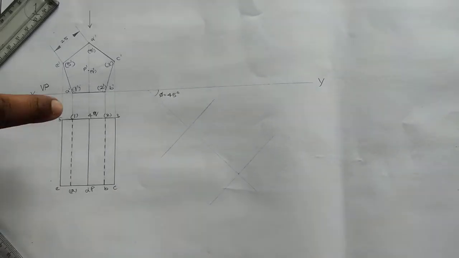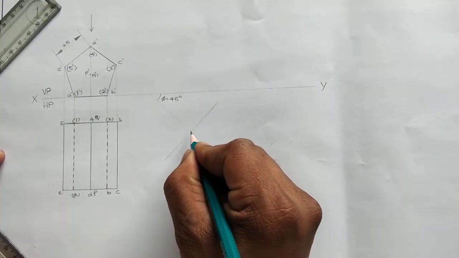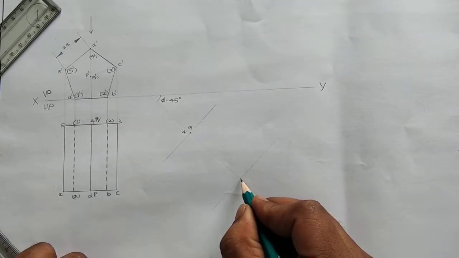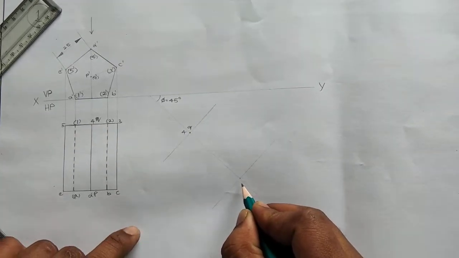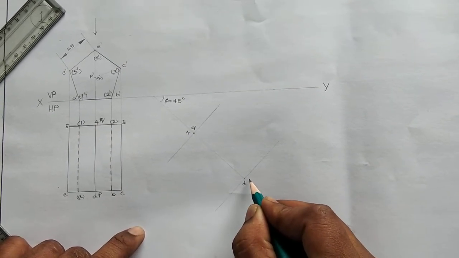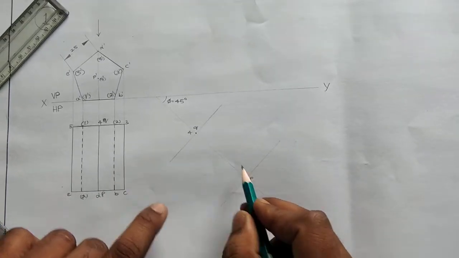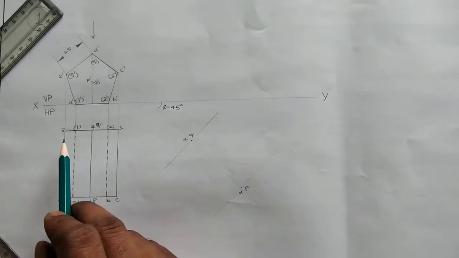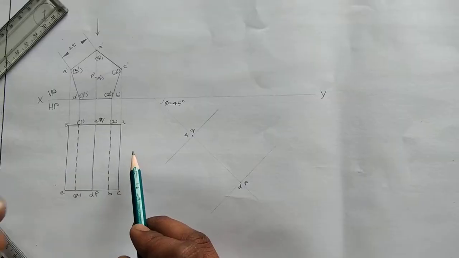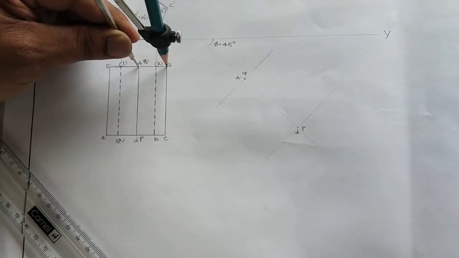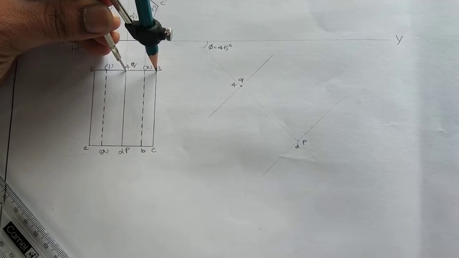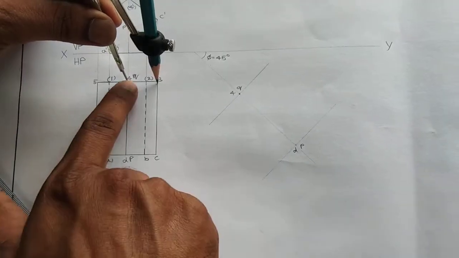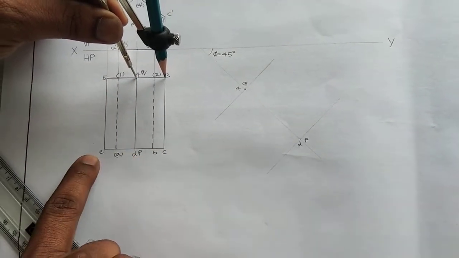And next here we should transfer the dimensions. This particular point is 4 and Q is also available here, that is related to the axis, and this 4 is related to the topmost edge. And here this is D, and here this particular point P. So PQ is axis, D4 is topmost edge. And next, for the purpose of marking 1, 5, similarly 2, 3, we can take the help of compass. Here we can take 4 to 3 dimension as radius. Here 4 to 3, 4 to 5. Similarly D to C, D to E, all are the same.